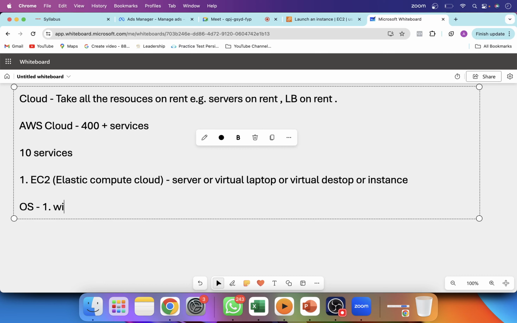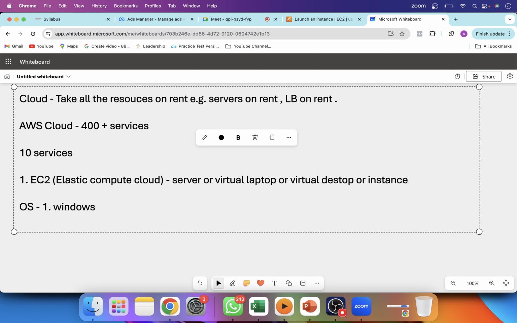we have three. Windows is developed by Microsoft. Okay, and then second number is Linux. In the Linux we have multiple flavors like Kali Linux. Okay, and your Amazon Linux,